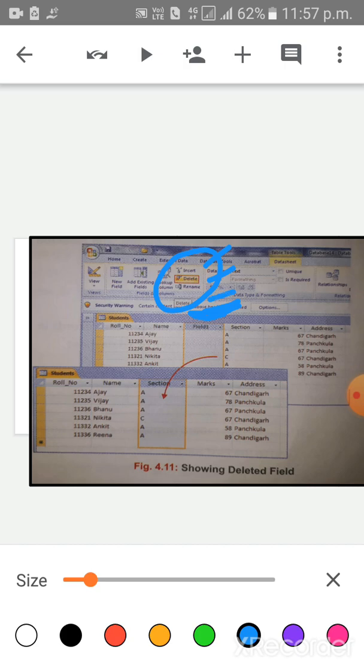You have to click on the Delete button after selecting this column header. As soon as you click on the Delete button, this field will be deleted. Okay?